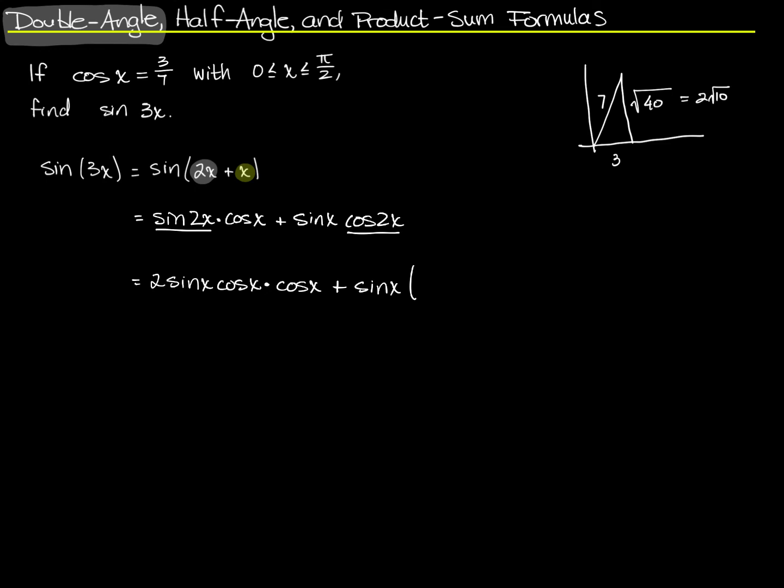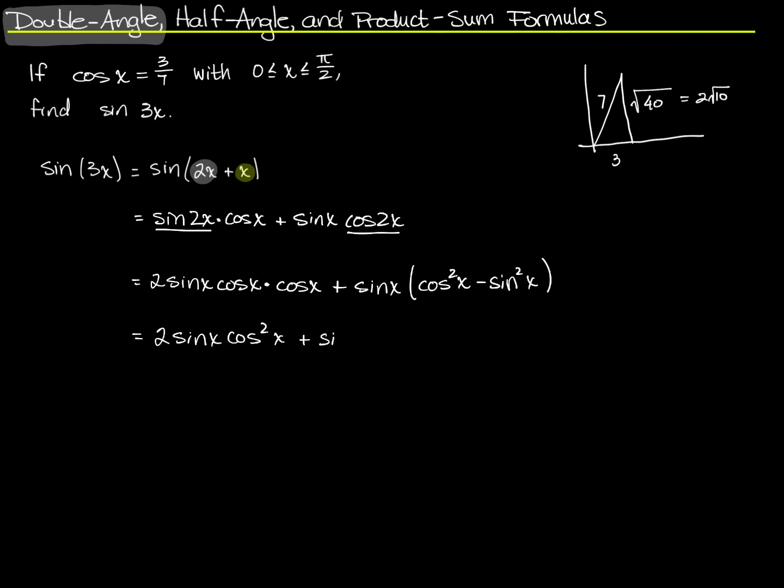Keep in mind, though, that sometimes when you want to use one of these formulas, it does actually make a difference which of the three cosine of 2x formulas you use. Sometimes it'll be easier to use one, and sometimes it'll make more sense to use a different one. So let's for now just pick the cosine squared of x minus the sine squared of x as the formula that we'll use here. That gives me 2 times the sine of x times the cosine squared of x plus